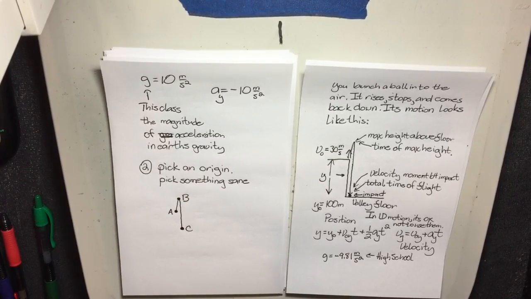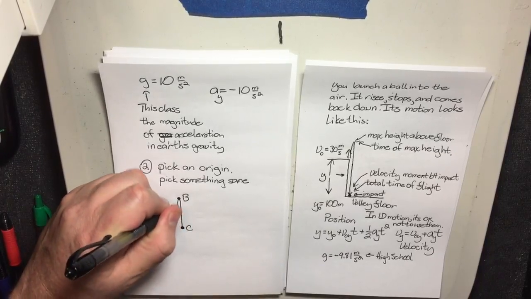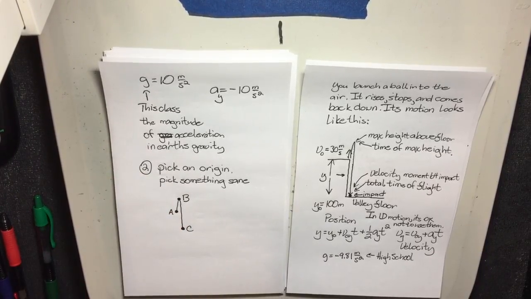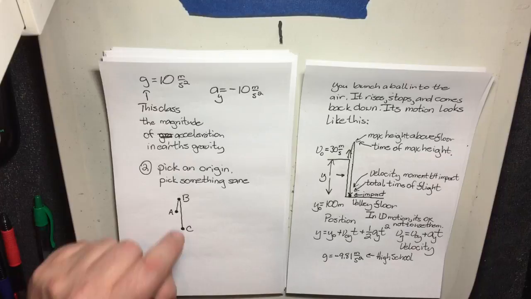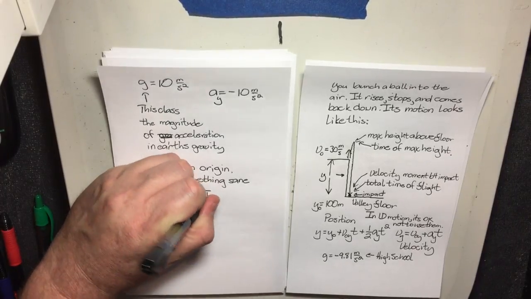So those are typically the most common. You can pick a point somewhere in the middle, but that would be frightening. So I'm trying to help you. Could you pick an origin other than these 3? By all means, let it be your funeral, not mine. Pick something. I choose